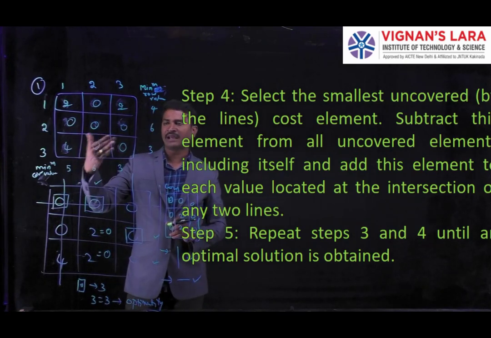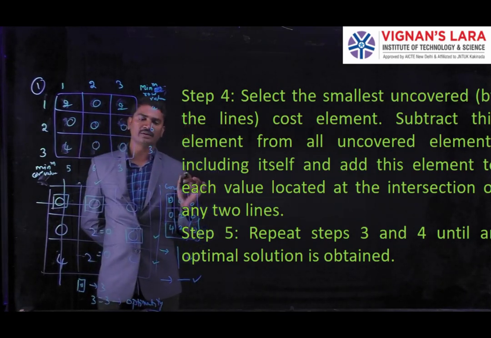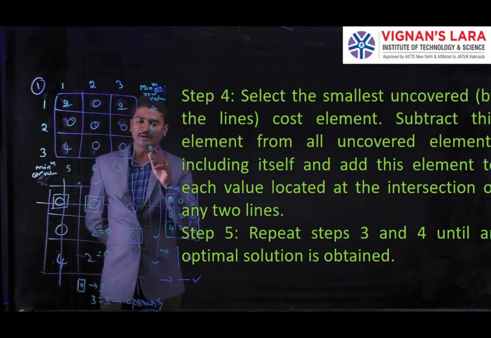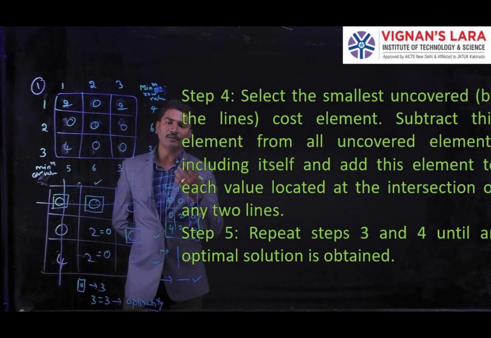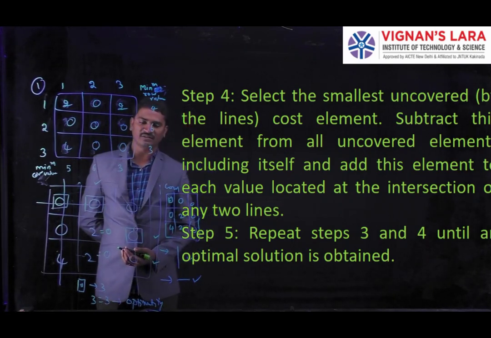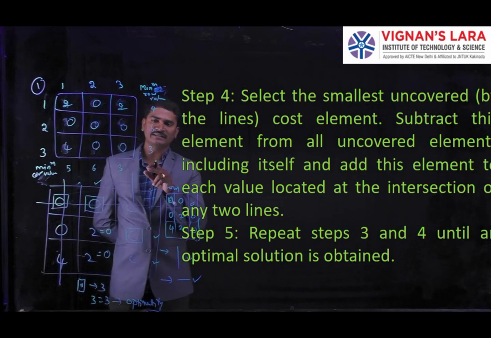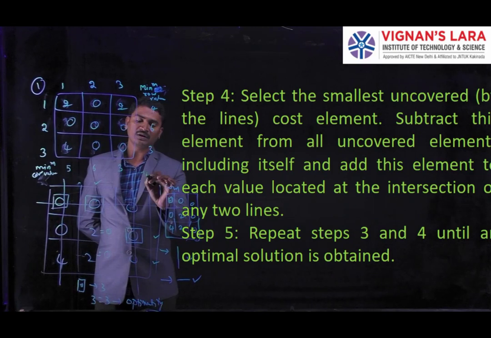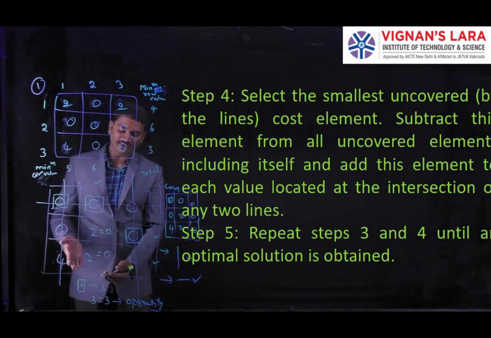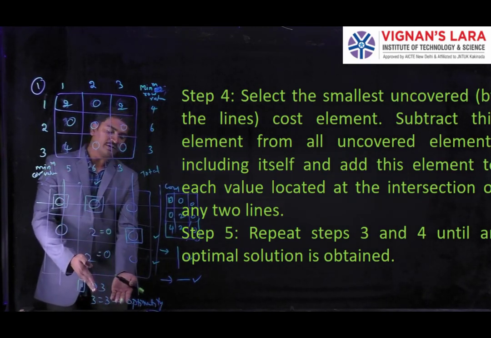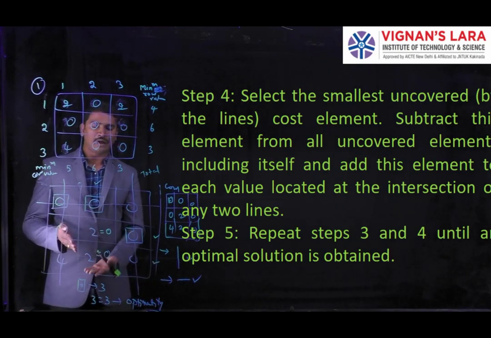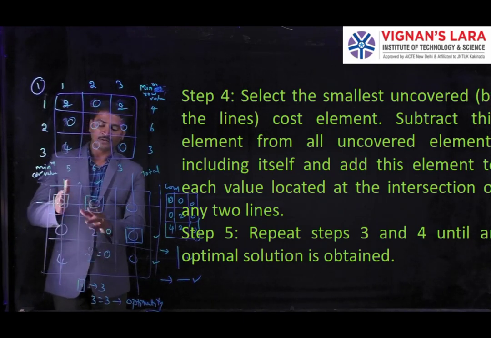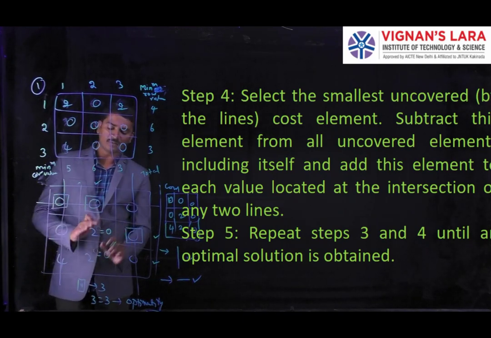Okay, after this again we are going to do the row subtraction, row etching, column etching. Again we draw the lines, and this process is repeated until reaching non-degeneracy. When we have degeneracy, then we apply this. After this we calculate the total cost value. In our case, here itself we reach optimality. So here directly we calculate the optimal solution. How are we calculating the optimal solution? Based on the squares only we take the optimal solution.